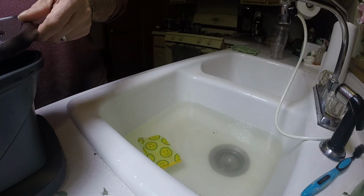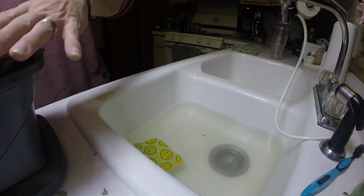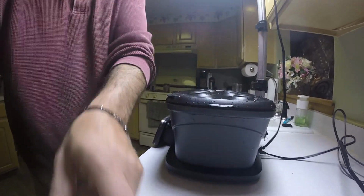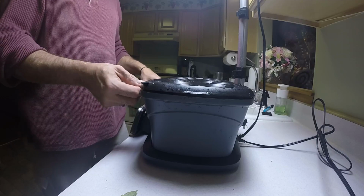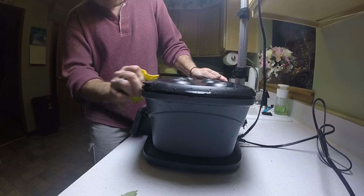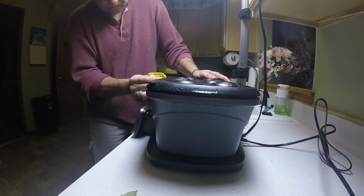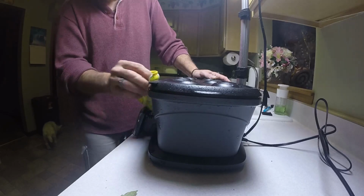Okay, now we'll put this back onto the unit. Okay. So there is still some crusties on the edge. I'm going to try to get those off. Once everything's wet, you can't really see it until it starts to dry a little bit, then it turns white again. Doesn't have to be perfect, but just want to make sure the inside is nice and...